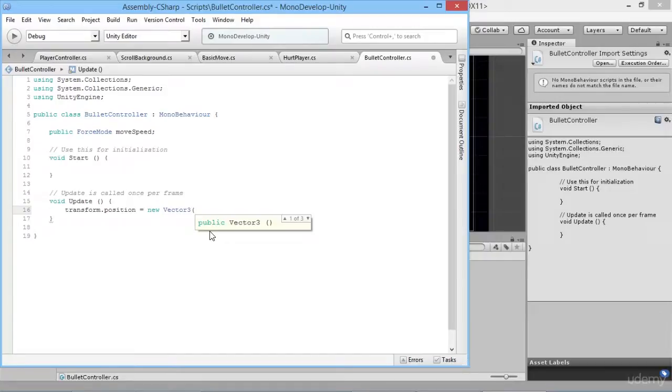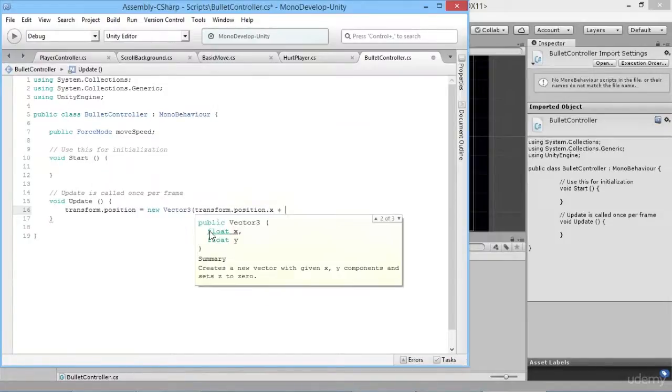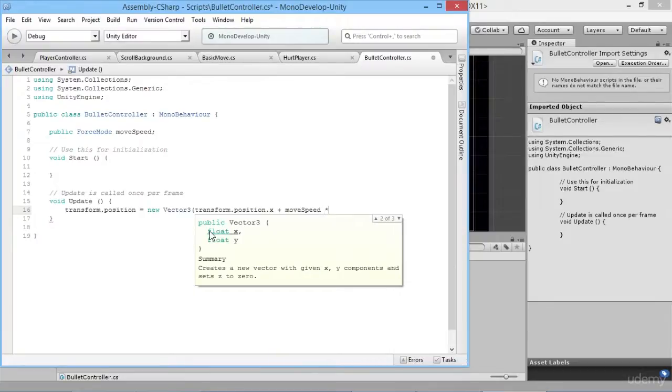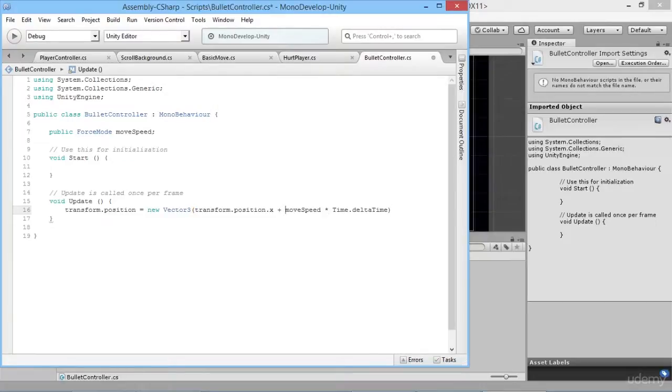So we'll just say here, new Vector3, on the x-axis we're going to say whatever our current transform.position.x, we will add on our move speed, and we're going to multiply that by our Time.deltaTime. So we'll just make sure we put them in brackets so we're sure that they'll be executed as one thing together, but due to the way that mathematical logic works, a multiply should happen before an addition, but we can just make it explicit and put some brackets around it. So that's why we say move speed by Time.deltaTime, put it in the brackets,